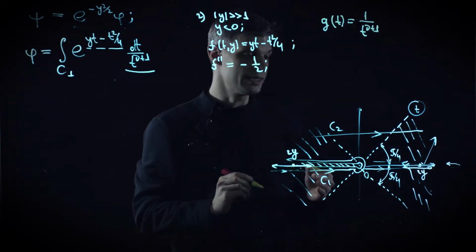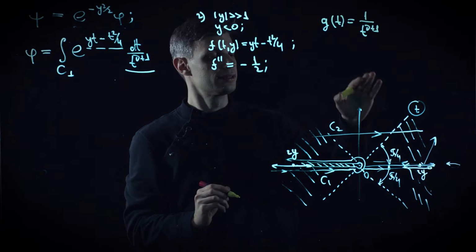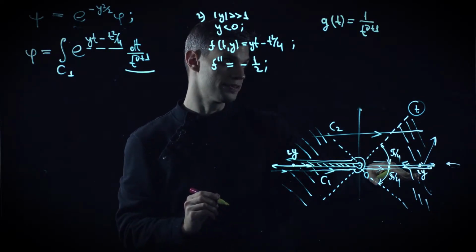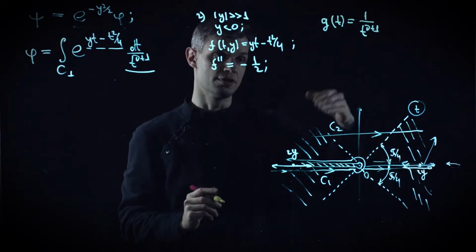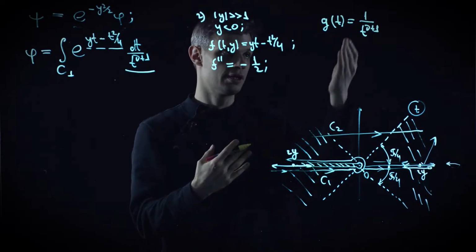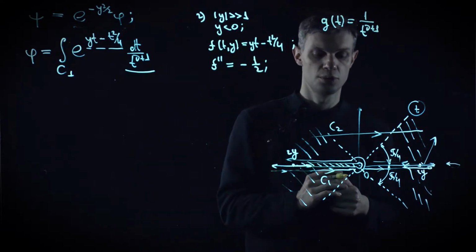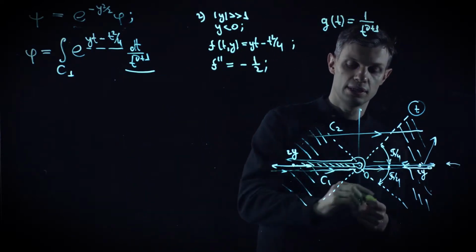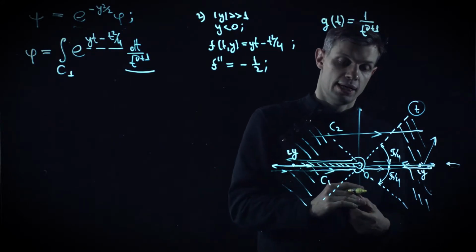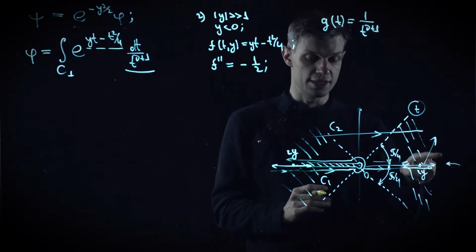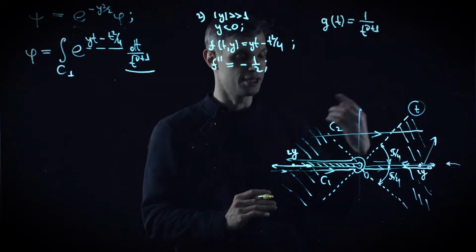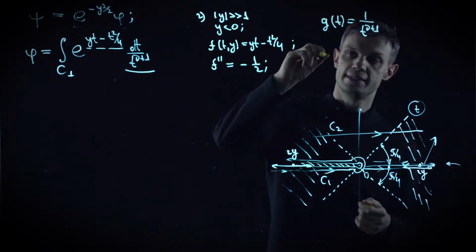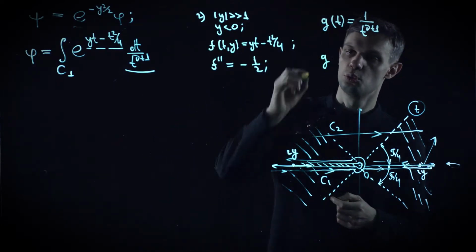And we define it by the condition that at positive values of t, the function itself is positive. So it's a standard high school definition of the power function. Right, so as we glide along the lower bank of the branch cut, the argument of t is changed by minus pi, in the negative direction, clockwise, and g of 2y,